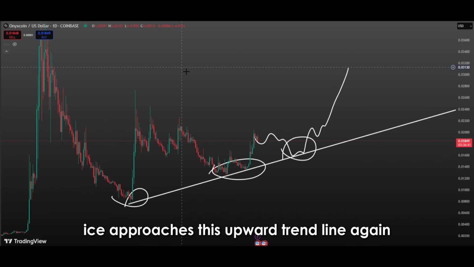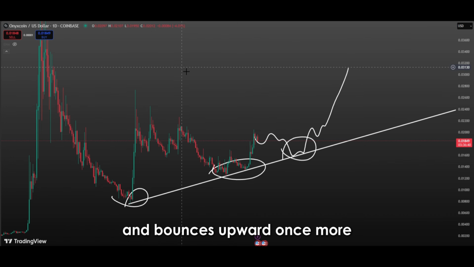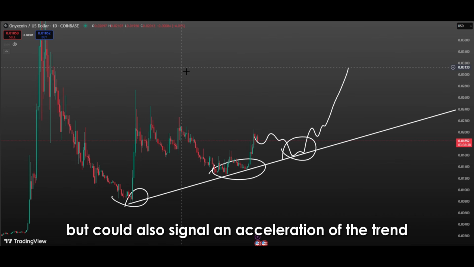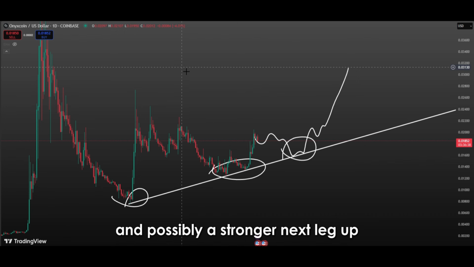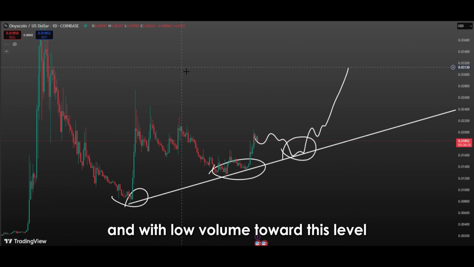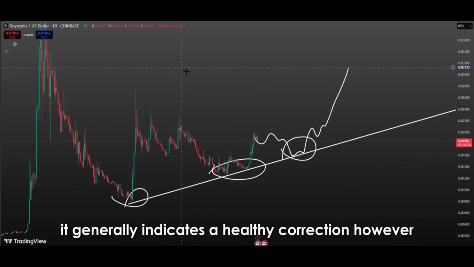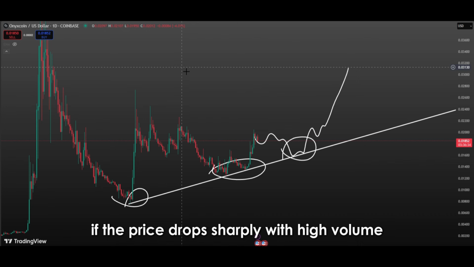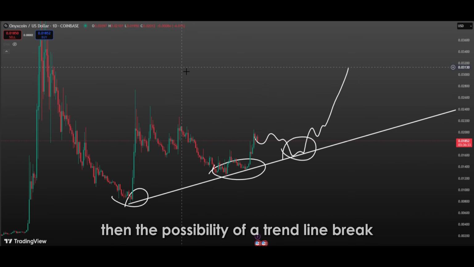If the price approaches this upward trendline again and bounces upward once more, this would not only support the continuation of the current uptrend, but could also signal an acceleration of the trend and possibly a stronger next leg up. One important point to note here is the nature of the price action as it approaches the trendline. If the price moves slowly and with low volume toward this level, it generally indicates a healthy correction. However, if the price drops sharply with high volume, then the possibility of a trendline break should be taken more